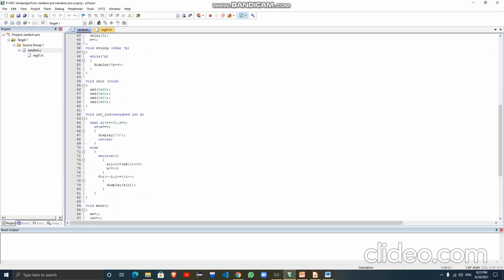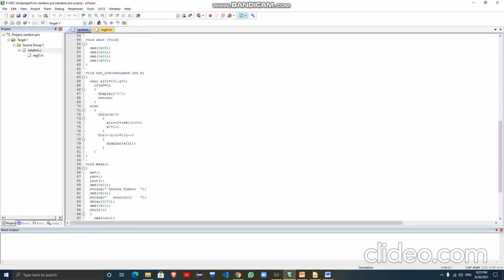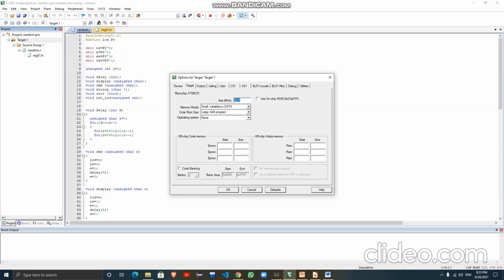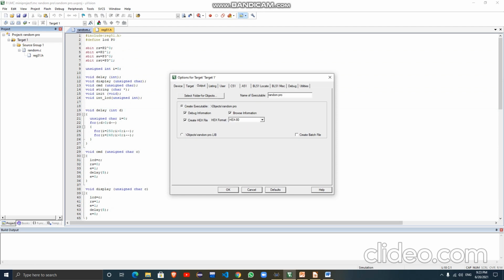I have written this code in C language, and I set the target crystal to 24 megahertz. We need to create the output as a hex file, because we need to convert the high level language into low level language to dump it in Proteus software to run the code.